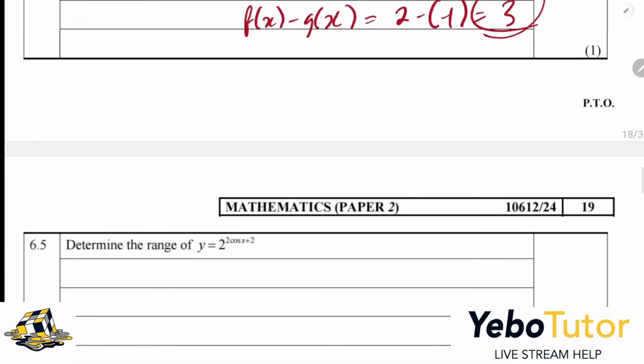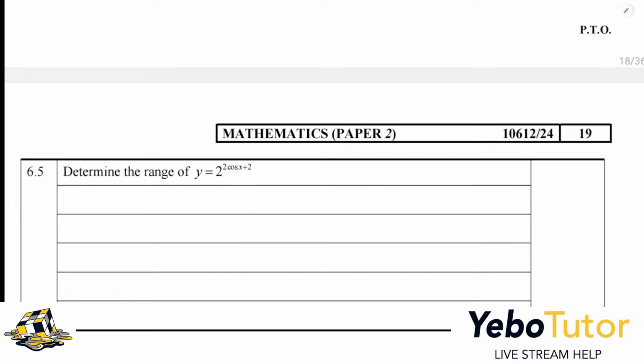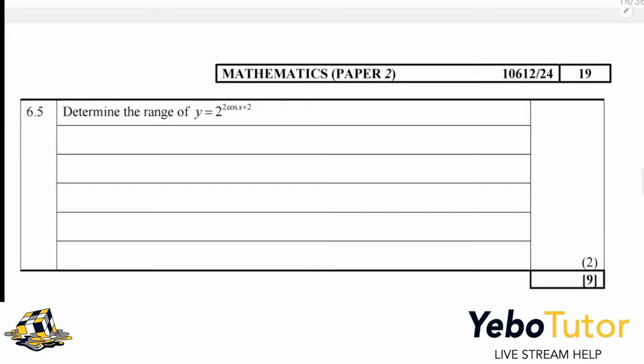Guys, easy stuff. Determine the range of this function y equal to 2 cos of x plus 2. So the range of this function is not bad, but we just need to know where you can find and get this answer which we are looking for. So this is for you guys to try out on your own as homework, then send the answers in the group, okay? Because I know the answer, but I want you also to do something and